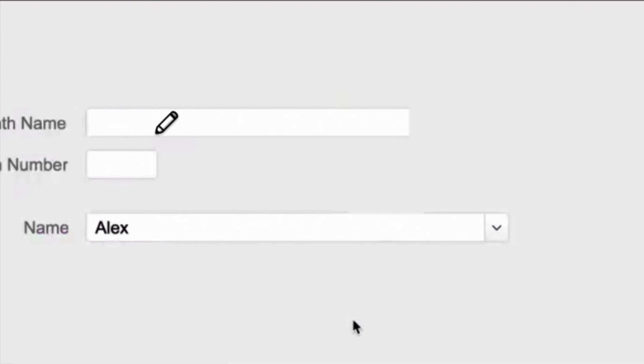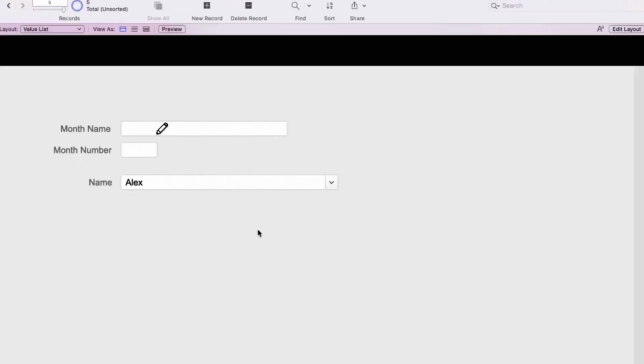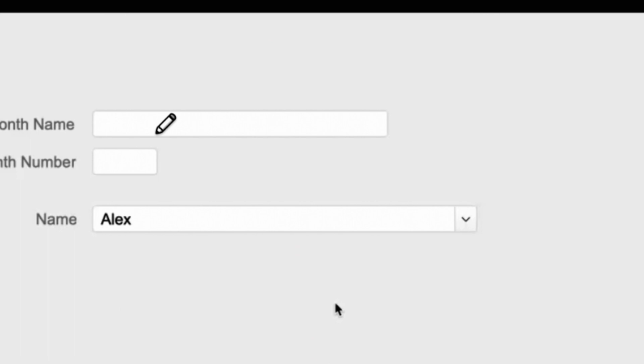Let's say I'm asking you, I want to get the name of the third month of the year, without a trick, without a hack. How am I doing this? I want the third value.